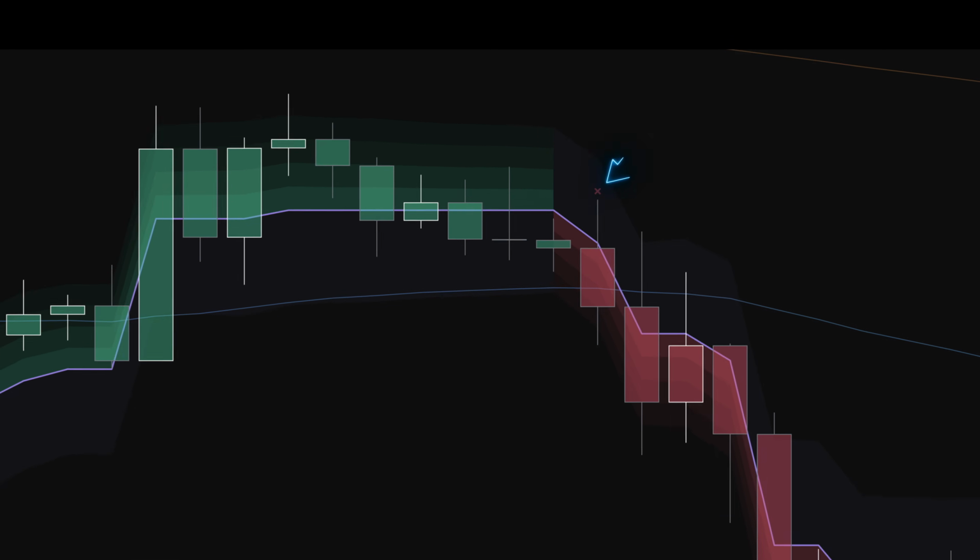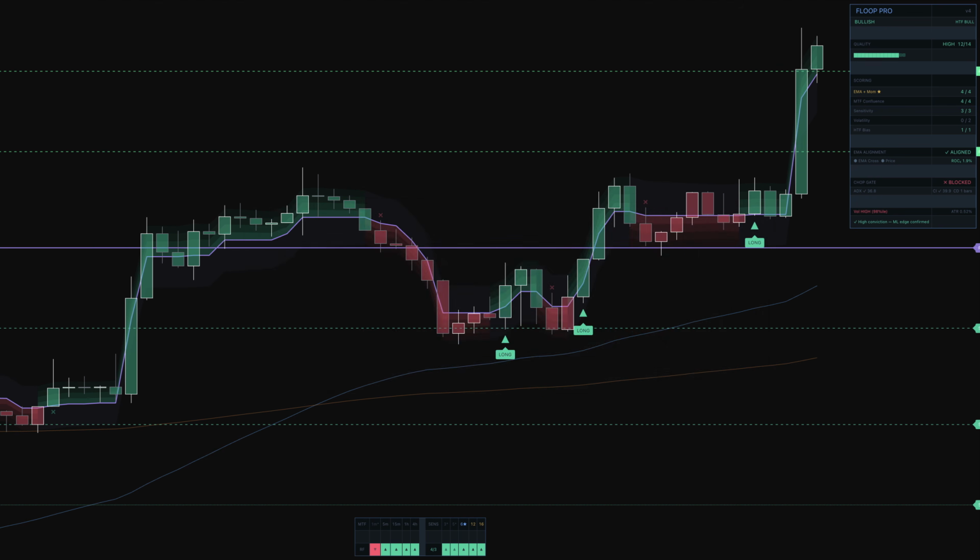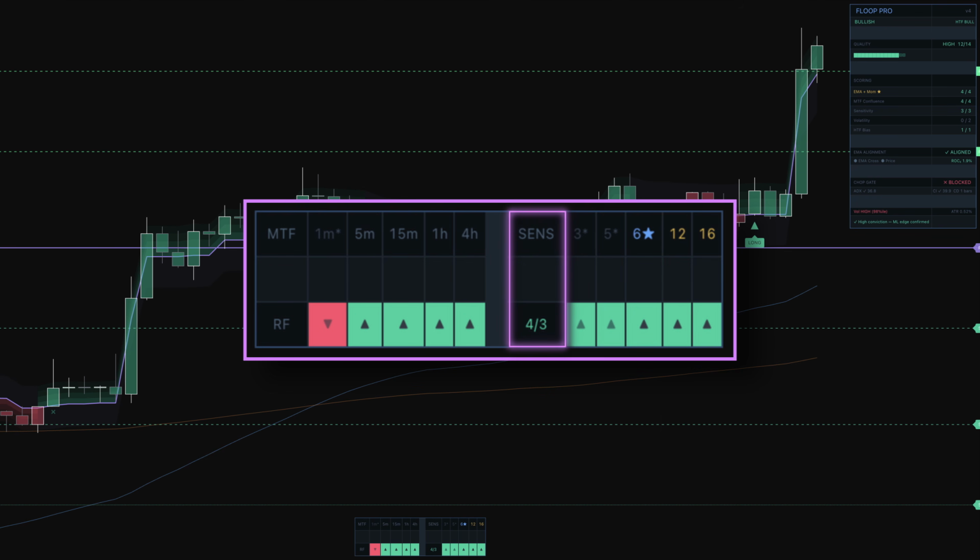Signals that fail any gate are shown as small crosses rather than full labels, giving visibility into what is being filtered out. The signal strength score runs from 0 to 14, combining multi-time frame range filter alignment across 5 time frames, EMA and momentum scoring, sensitivity cross-checks at fixed values of 3, 5, 12, and 16, volatility rank, and the higher time frame bias. Scores of 11 and above are flagged as high quality, with dedicated alert conditions for those